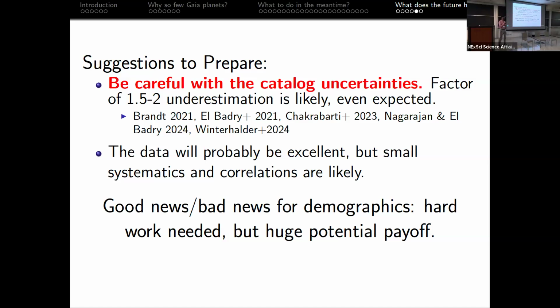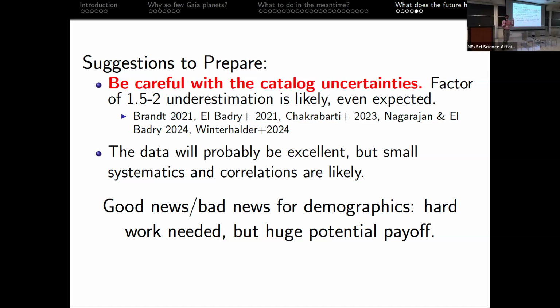And factor of 1.5 to 2 in error underestimations, I think, are borne out by these references that we've seen so far and are likely to be true in the future. Although, again, time will tell. And so I think this is both good news and bad news for demographics. The good news is that there's a huge power. We're going to be able to get demographics around every star in the sky, subject to this bias for things that are nearby, but